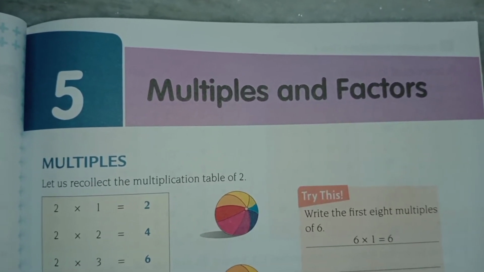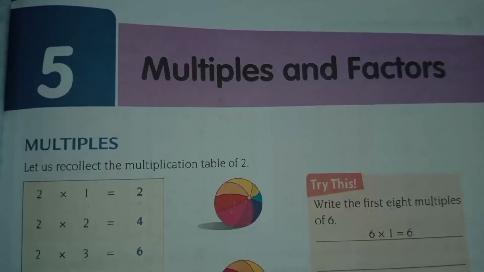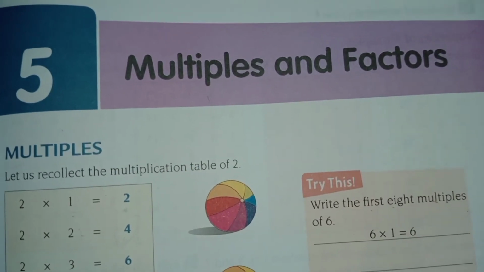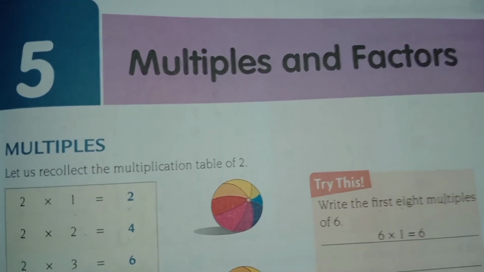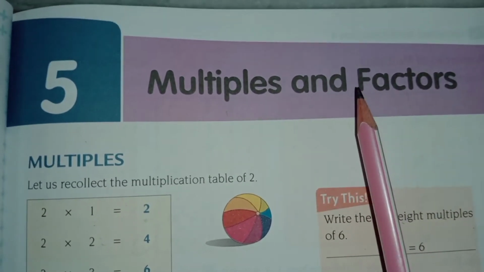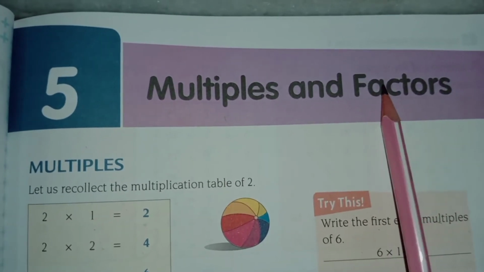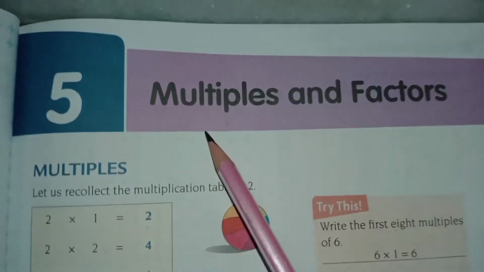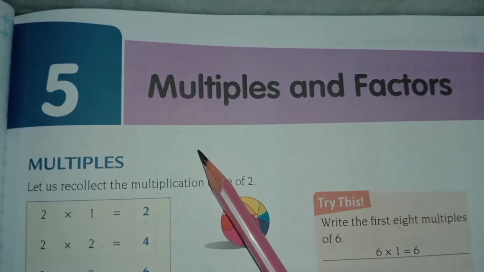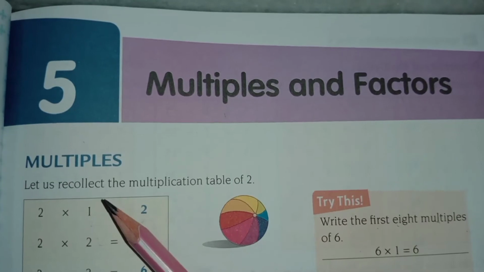So today I am going to start the new chapter number 5, multiples and factors. So now let's start chapter number 5, multiples and factors. So before starting the exercise, let me make you understand about multiples. Okay, and in my next class, when I will start the new exercise, then I will make you understand about the factors. Okay, so these multiples are very easy. Already you know the table, and I gave you the homework to write in copy. So now it will become very easy for you to understand the multiples.